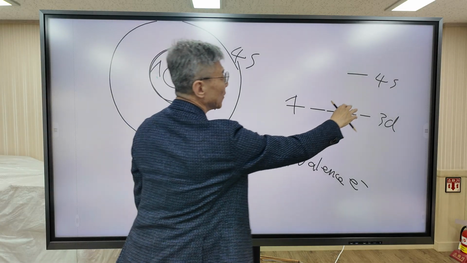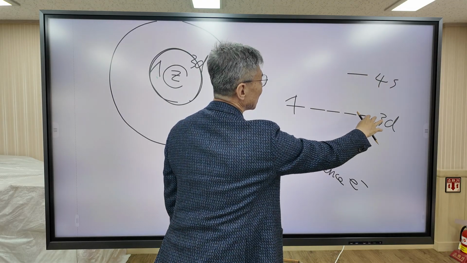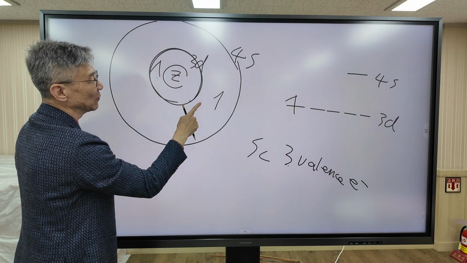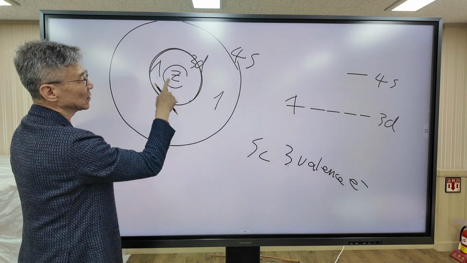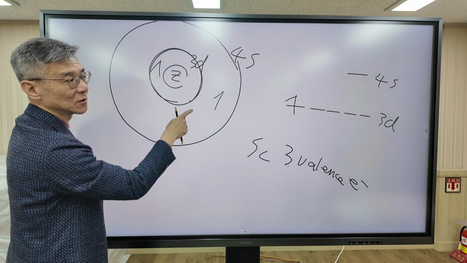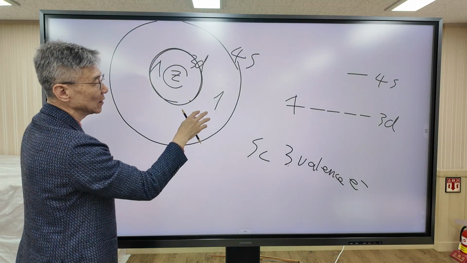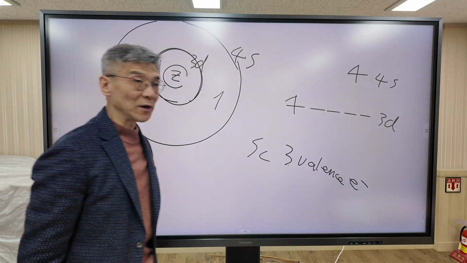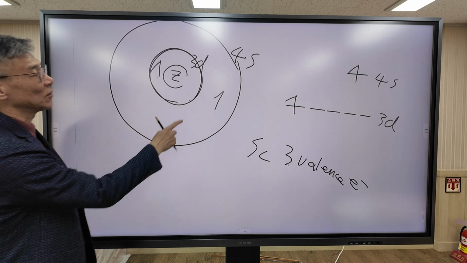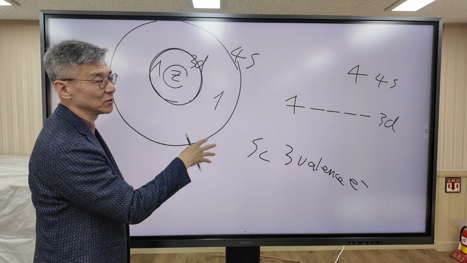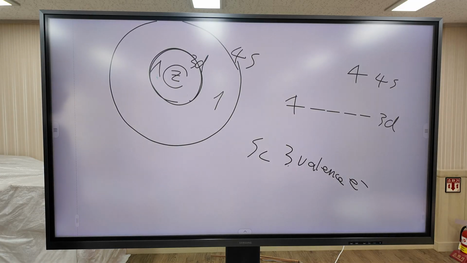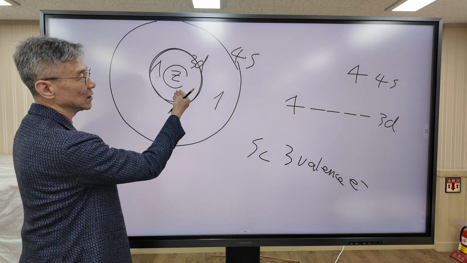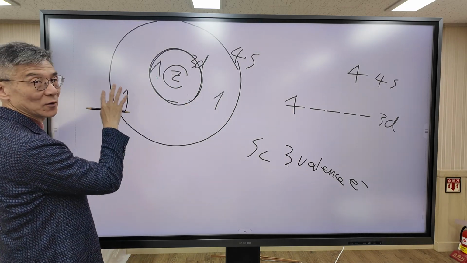Even though the 4s orbital energy is slightly higher than the 3d orbital, it chooses to go to the 4s orbital because when it goes to the empty, spacious 4s orbital, the electron repulsion is minimized. So it can lower the total energy of the system. The third electron follows the same reasoning. Instead of going to the small 3d orbital, it chooses to go to the more spacious 4s orbital.